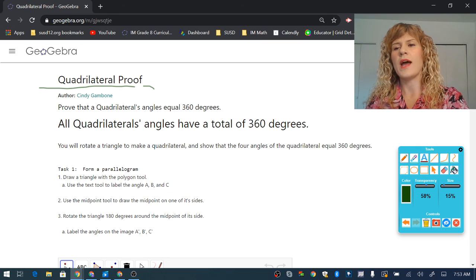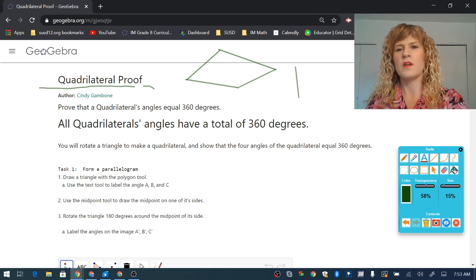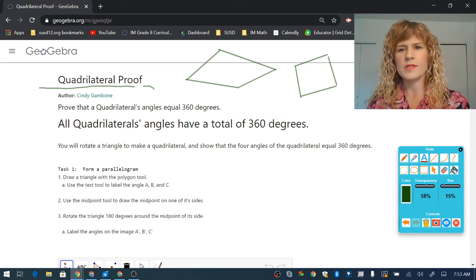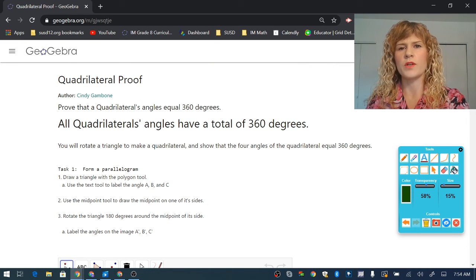A quadrilateral has four sides and it can be any shape. This is a quadrilateral. A square is a quadrilateral. Anything with four sides is a quadrilateral. Even something like this is a quadrilateral. I want to just talk about one kind of quadrilateral. One special kind is a